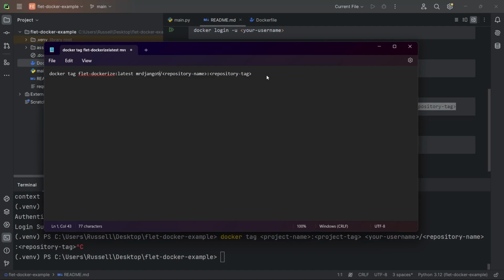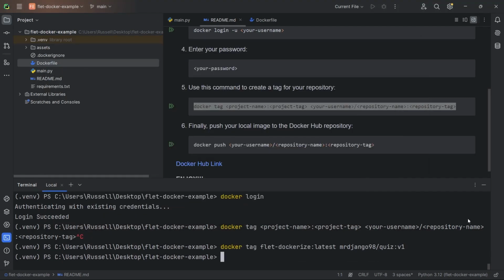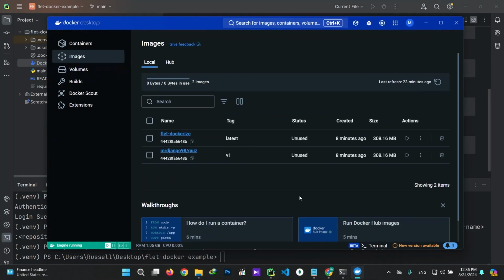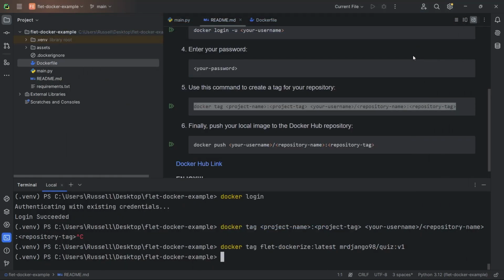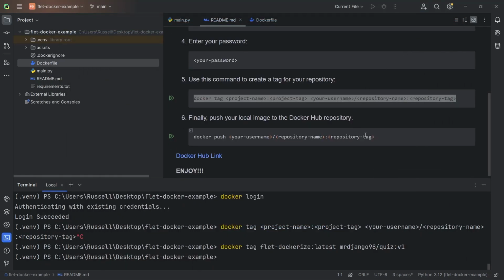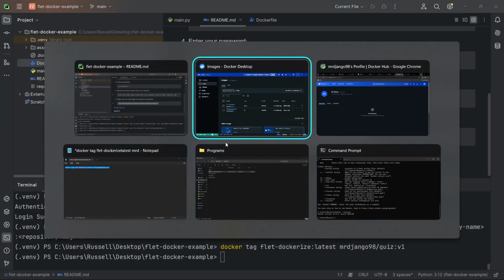So your name, the account that we created is Mr. Django 98, and repository name. We have to give it a repository name. I'm going to just call this quiz. And for the tag, I'm just going to name it version 1. And I'm going to copy this, paste it here, and enter. So as you can see, this image has been made from our Flet Dockerize, and right now we just need to push it. So let's copy this,